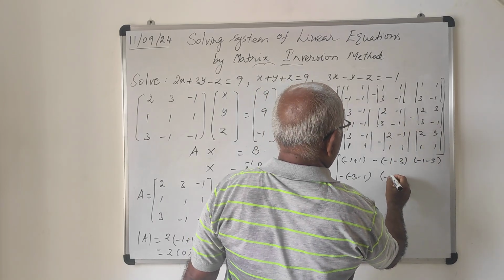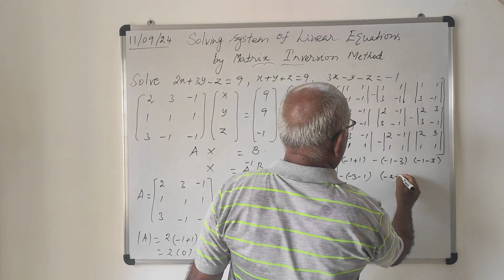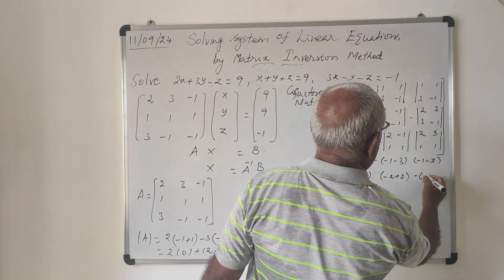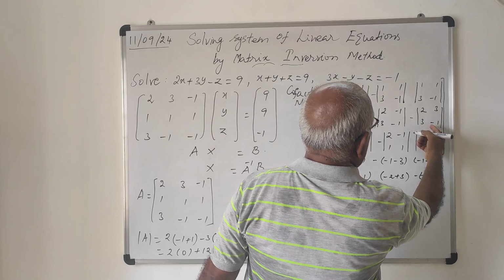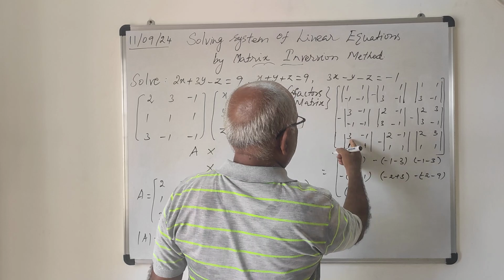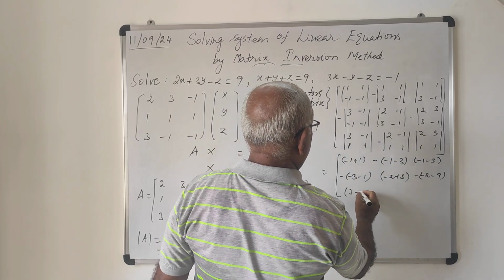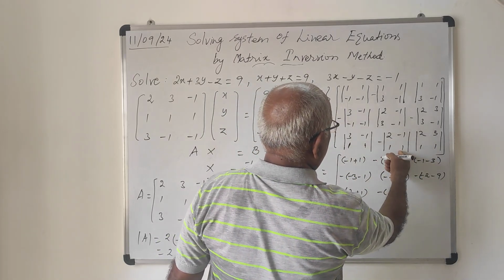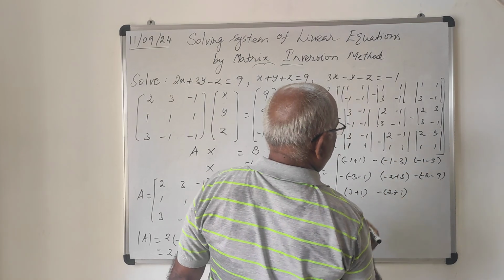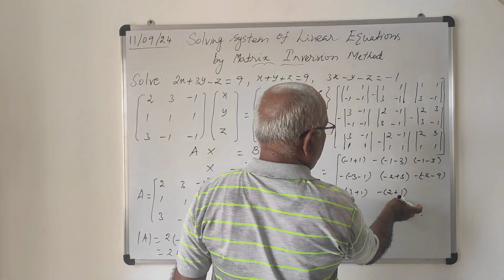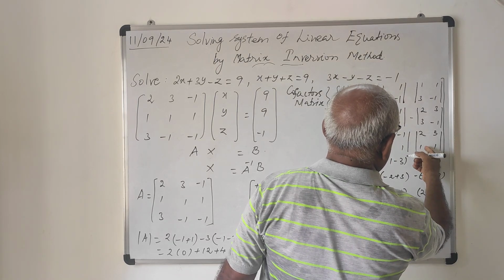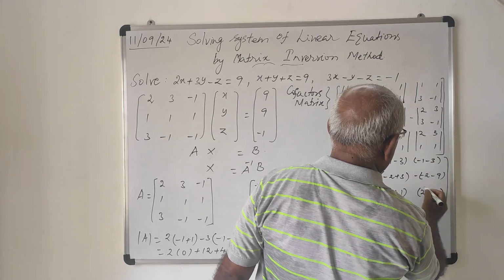2 into minus 1 minus 2 and minus of minus plus 3, minus 3 into minus plus 3. Again minus of 2 into 1 minus 2 and this is minus 3, these are 9, and this is 3 into 1 3, minus of minus 1 is plus 1 and minus 2 into 1 is 2, 1 into 1 minus 1, expansion minus becomes plus 1, and finally the element 2 into 1 2, 1 into 3 minus 3. Finding minus. So this is equal to